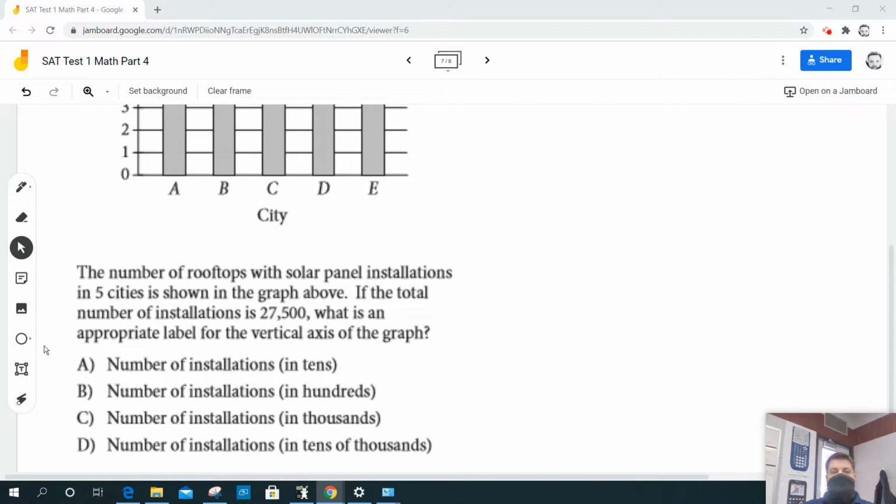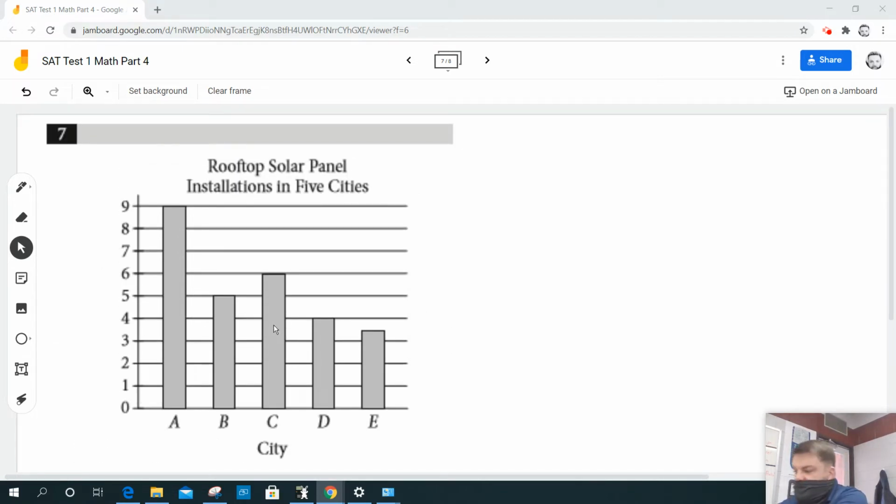If the total number of installations is 27,500, what is the appropriate label for the vertical axis? So what they're saying is,